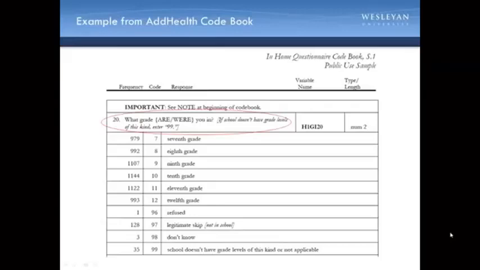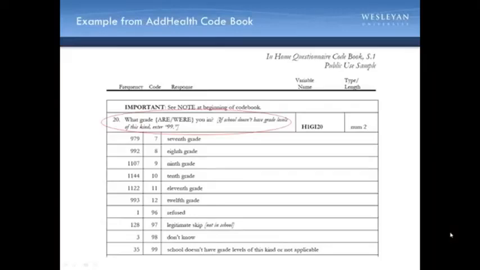Now, before accessing any data, you will be reviewing the available codebooks from these datasets. Sometimes called data dictionaries, codebooks commonly offer complete information regarding a dataset. That is, general topics addressed, questions and/or measurements used to record each of the variables, and in some cases, the frequency of responses or values of each of the variables. Reviewing a codebook is always the first step in research based on existing data.